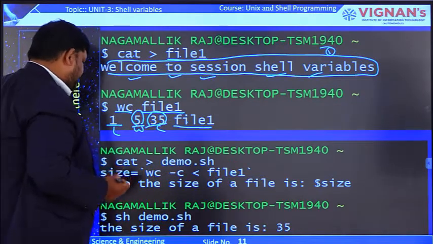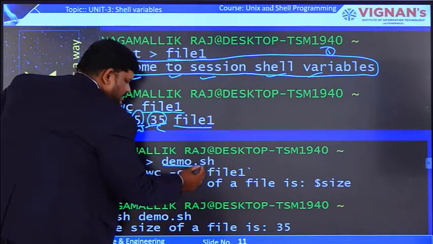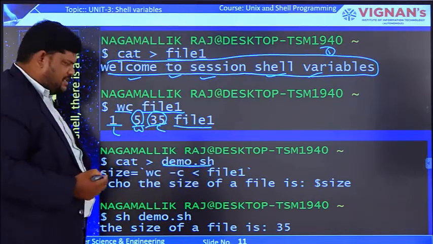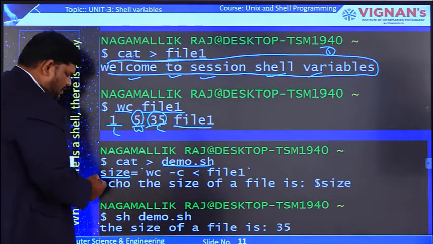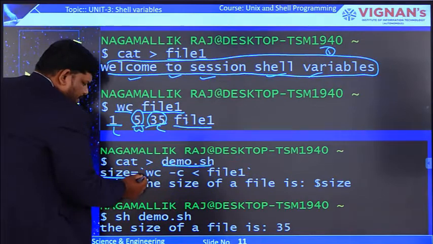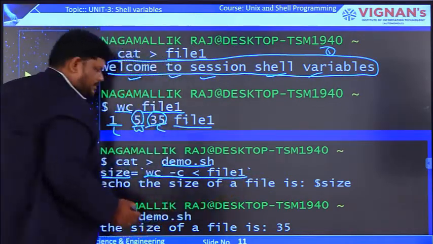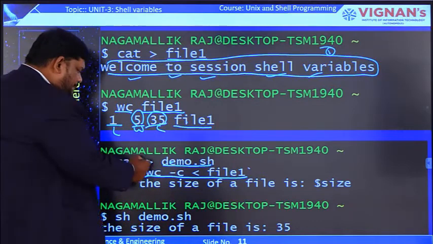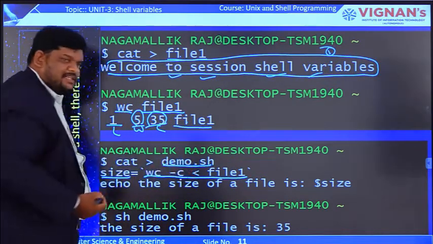Now let us see. Here I am creating one program, demo.sh. In that shell script, this is the following code. size is equal to, size in the sense a variable, is equal to, this entire thing we treat as a value. What is that value? Within backquotes we are writing, that means this entire thing is command substitution.